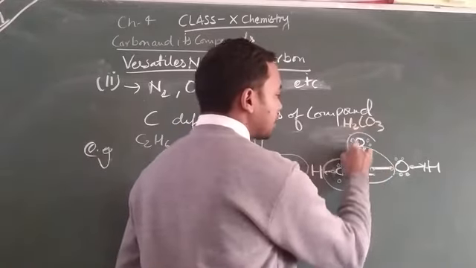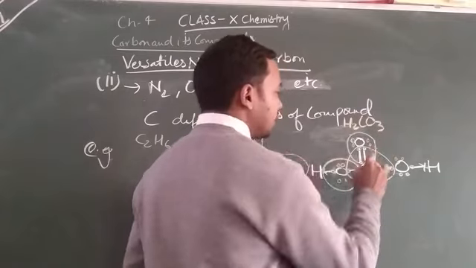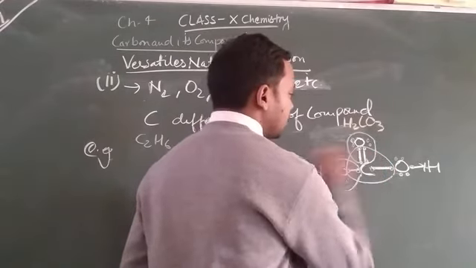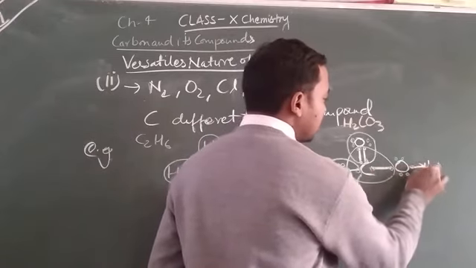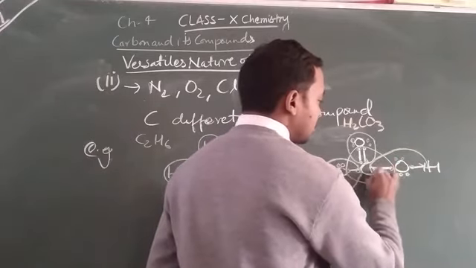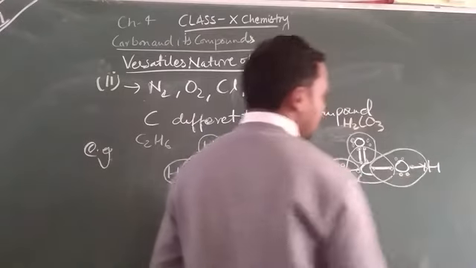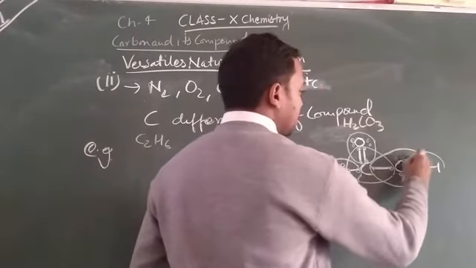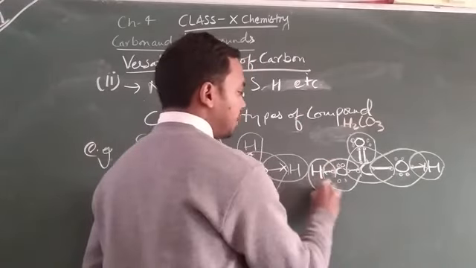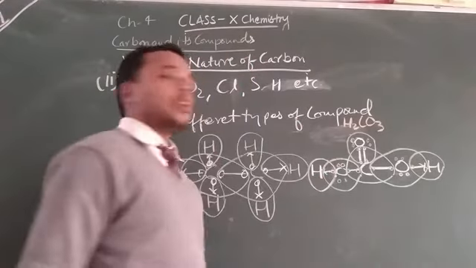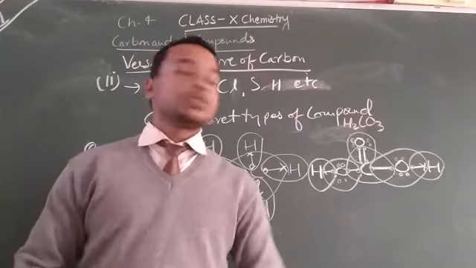This oxygen completes its octet, and here the oxygen completes its duplet. So in this way, in the formula H2CO3,